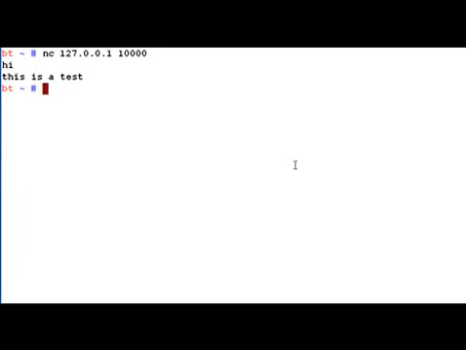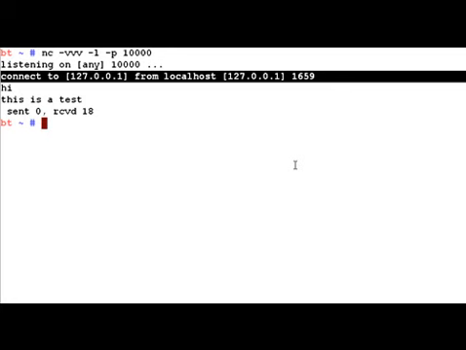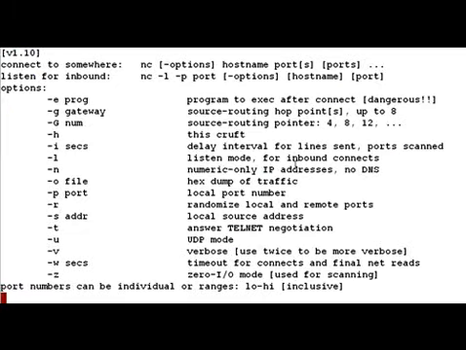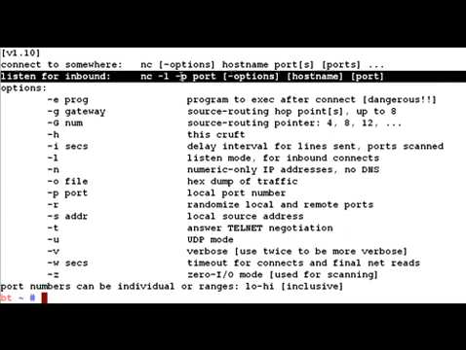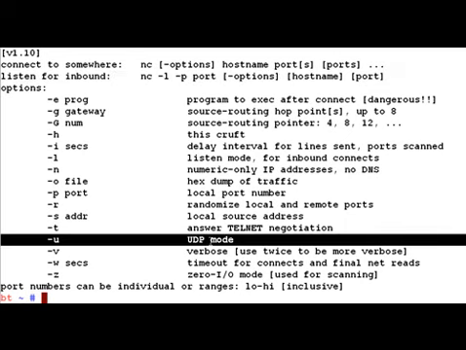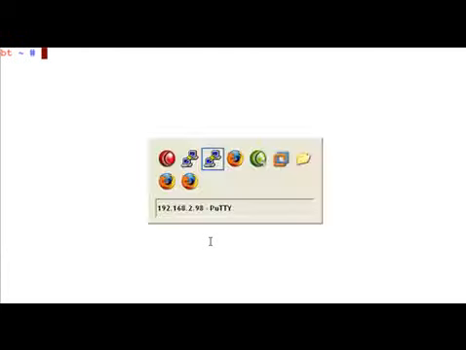Now the point to notice is that netcat can create both TCP as well as UDP based servers, as well as clients. So by default, if you mention the -l option with a port, a TCP server is created. If you explicitly mention -u both for the client as well as for the server side, then a UDP based connection would be created, right? So now let's go ahead and add a few tweaks.